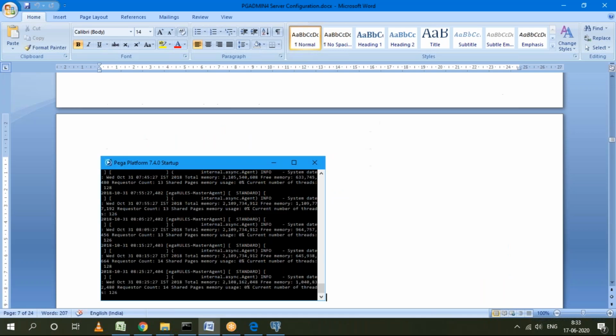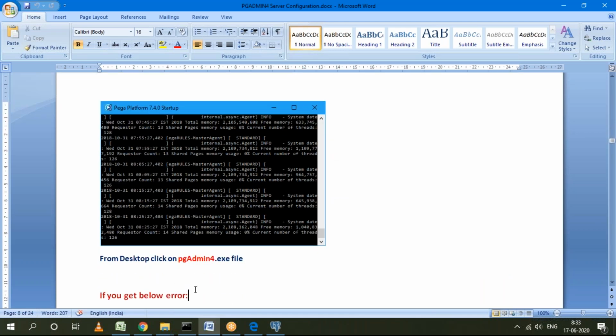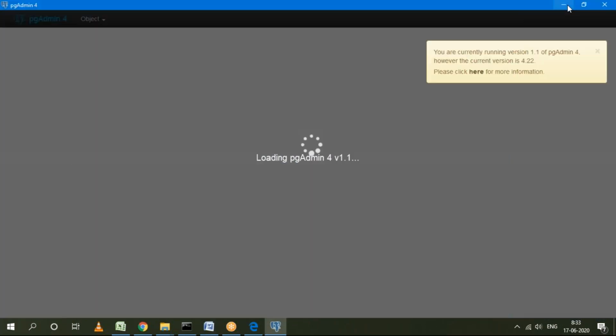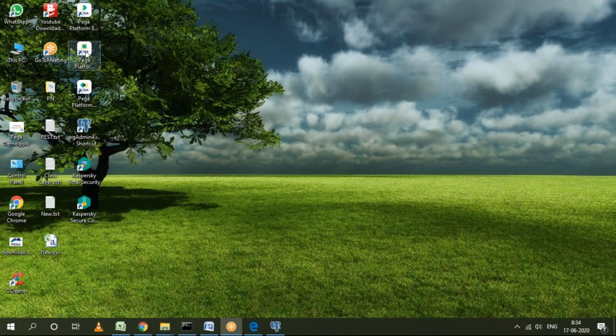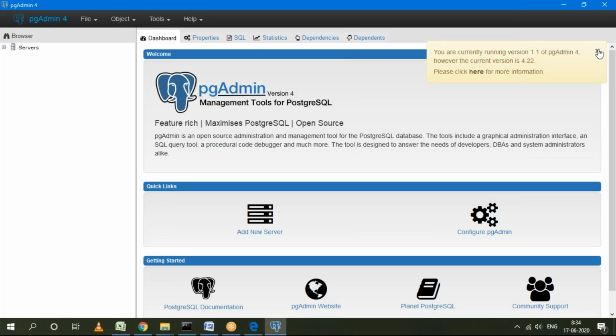Then next step is, remember, if you restart the system, you cannot directly click on the pgadmin4.exe icon, because we have to start the server. After starting the server only, we can configure this rule base. So once you restart the system, without starting the platform, you cannot directly click on the pgadmin4.exe icon. Make sure if you restart the system, click on the startup icon, then after 3-4 minutes, you can click on the pgadmin4.exe icon. When you open, you'll be getting it like this. Now do whatever I'm doing, do that configuration.